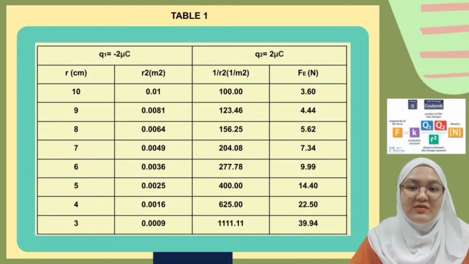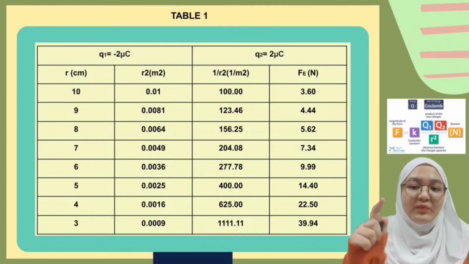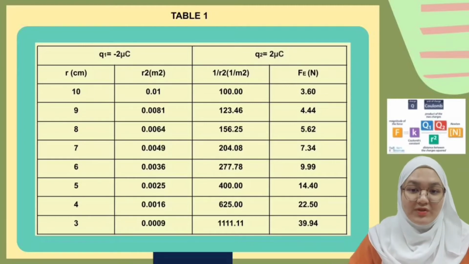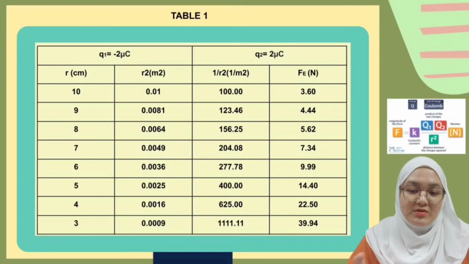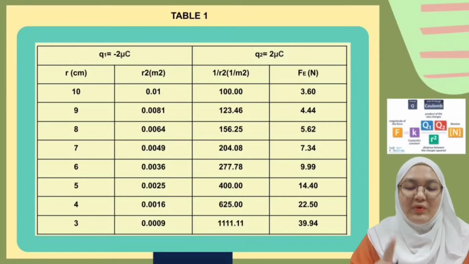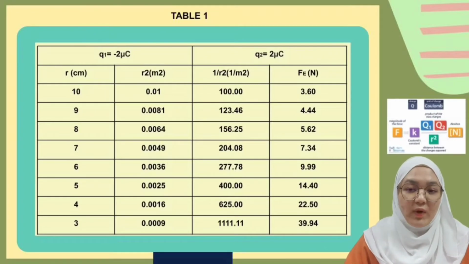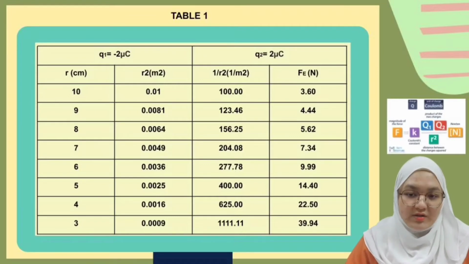So the values from top to bottom are 0.01, 0.0081, 0.0064, 0.0049, 0.0036, 0.0025, 0.0016, and lastly 0.0009. Next, to find the values of 1 over r squared, we simply divided 1 by r squared, and we obtained the first value to the last value,